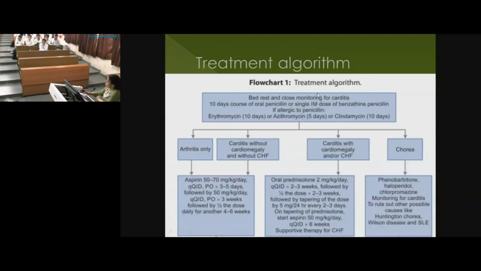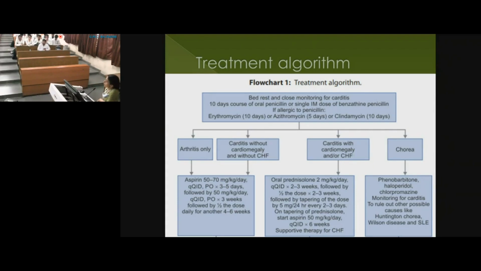So this is a treatment algorithm. You give bed rest, you monitor the child, especially in children with carditis. And for subclinical carditis, we are not very worried; they can be managed on a home basis. It's the child who comes to you with a huge cardiomegaly and severe breathlessness. They have a gallop rhythm, right? And they are breathless. They have NYHA grade 4 dyspnea. If you give these children even a little bit of fluid fast, they will land in fluid overload. So they are very difficult to manage.